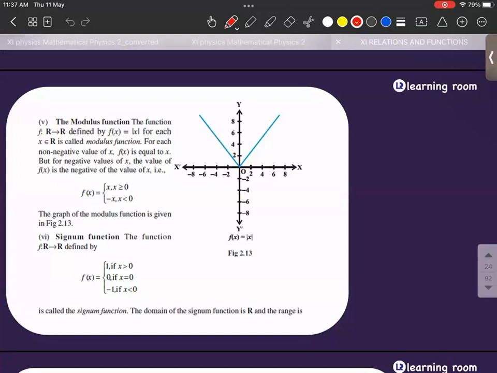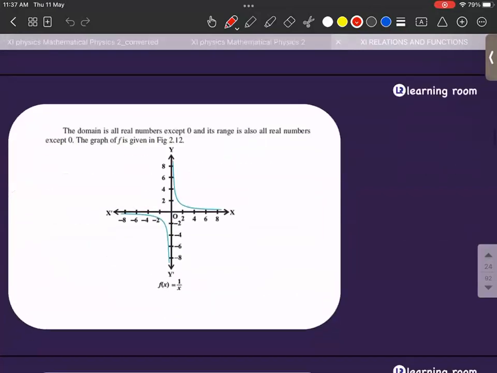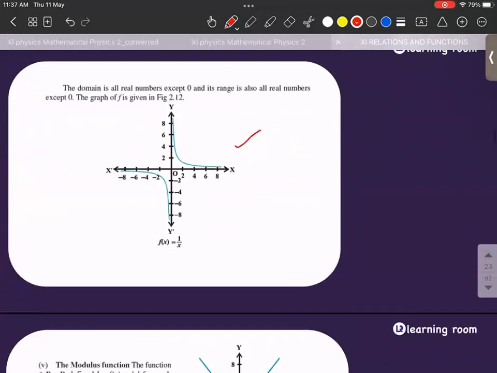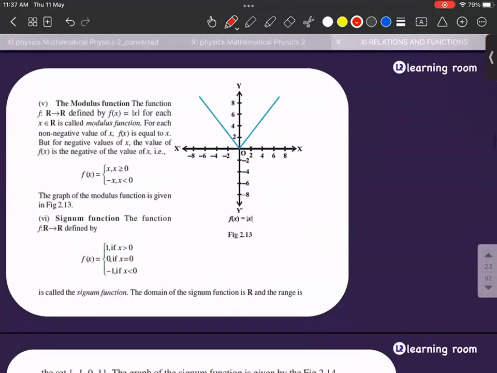Okay, listen. The last question that I solved in the class was this, right? The next point that we are going to see is about